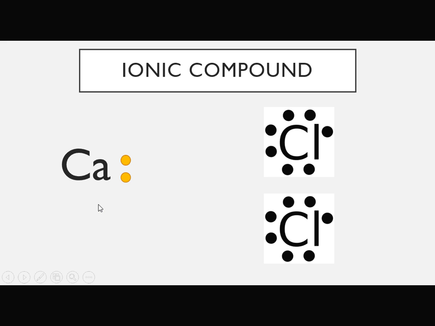Because watch, if I get rid of that electron, I still need one more chlorine to get rid of the other electron, correct? So when I do so, I now have a 2 plus for calcium, and I have 2 different 1 minuses. So if I were going to write the ionic formula for this particular compound, I would write,